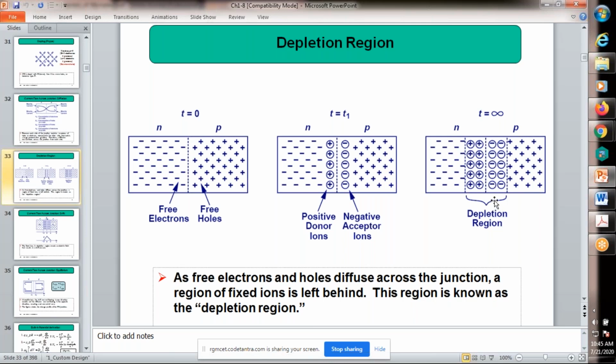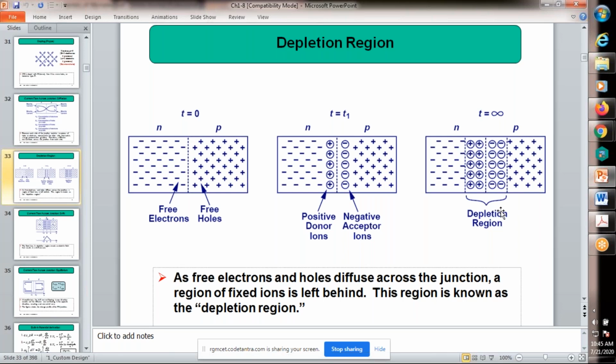Remember this one. Does the depletion region keep increasing, 2 plus 2 minus, then 3 plus 3 minus, or 4 plus 4 minus? No, the diffusion current stops. Why? Because current does not flow, because it is open circuited. Here the PN junction terminals are not connected anywhere. Open circuited means current is equal to 0. Only initially we may call that current, according to network concepts, a transient current.